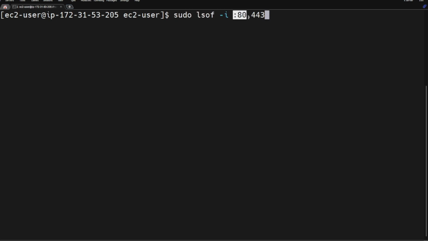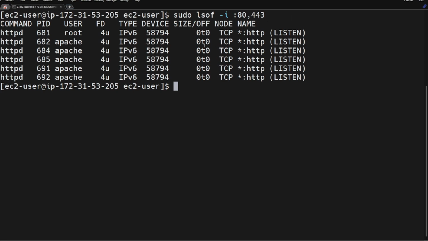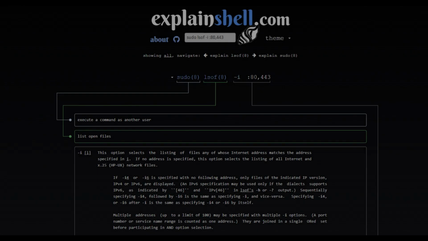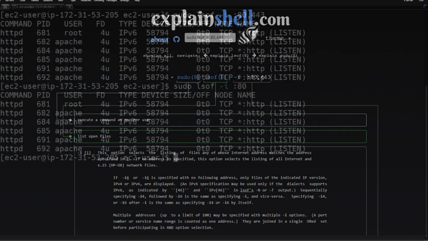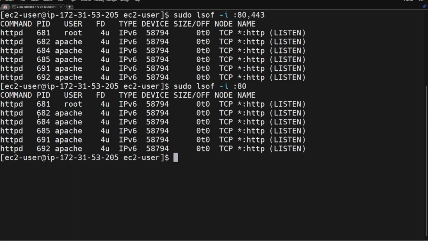The lsof command stands for list open files, and it's used to display information about files that are currently open by processes on a Unix-based operating system. The -i option is used to display network connections, and the 80,443 argument specifies the ports for which to display connections. The sudo command is used to execute the command with escalated privileges,